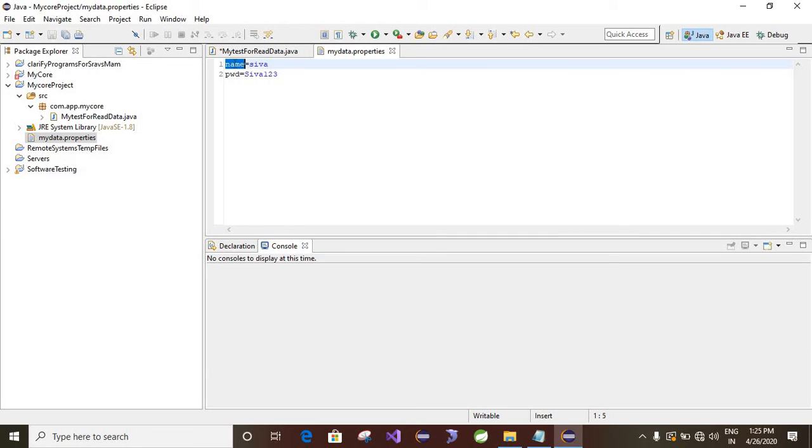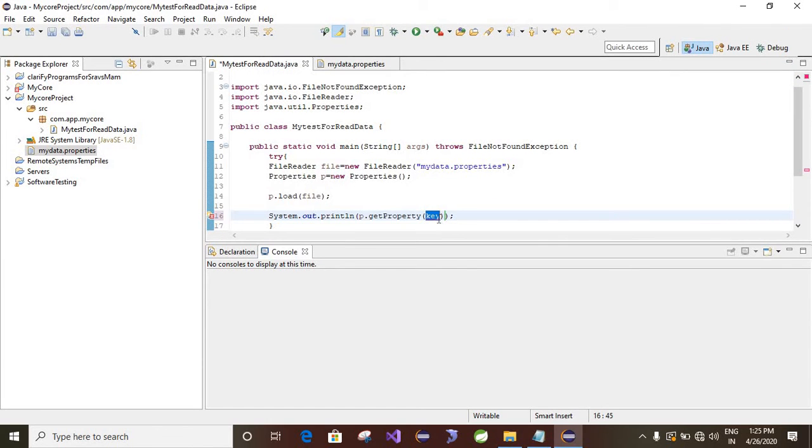So by using that name key we can get the value. See, key value. I can write here name.